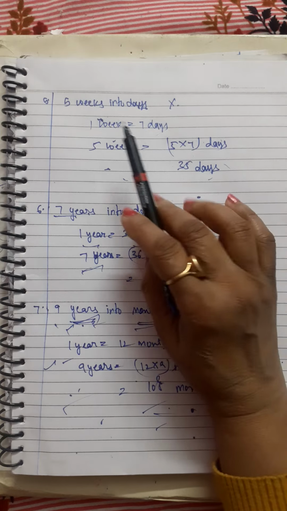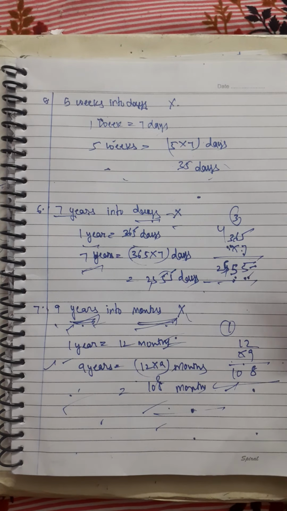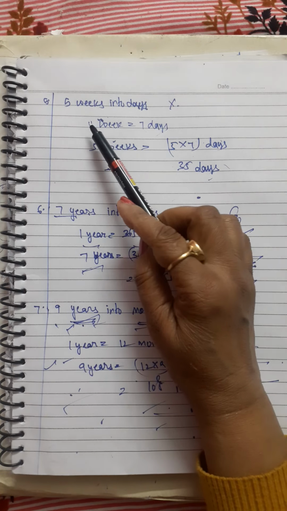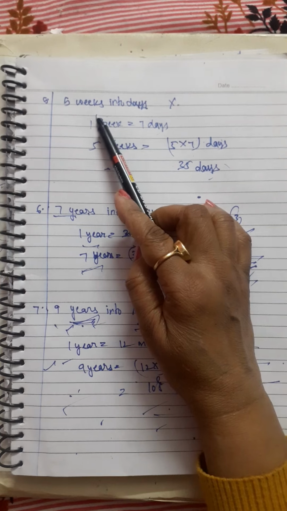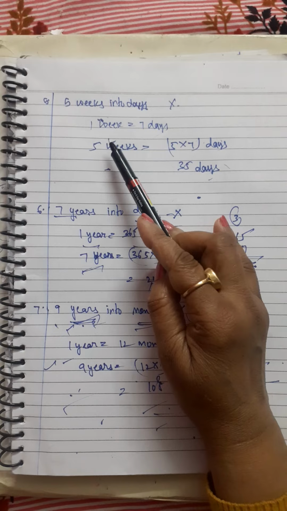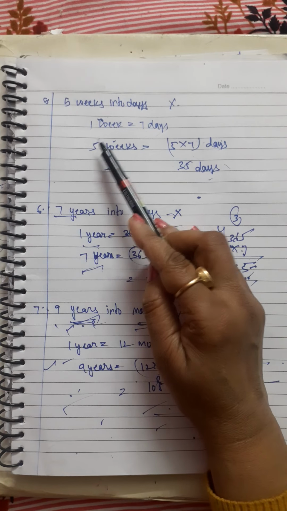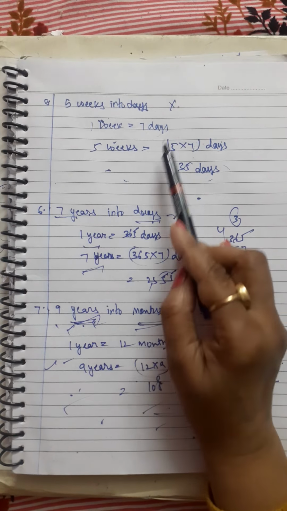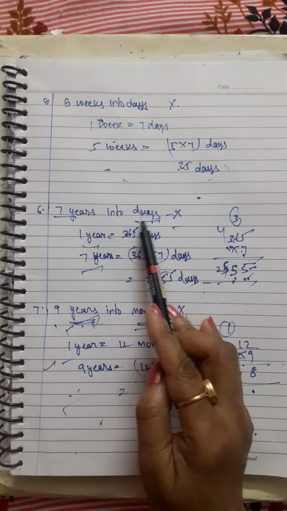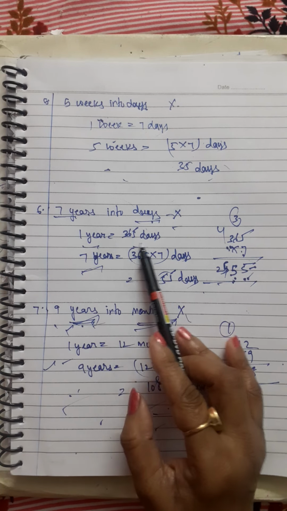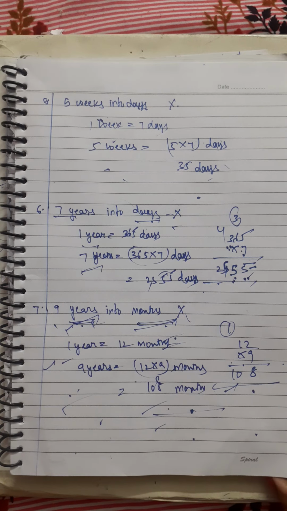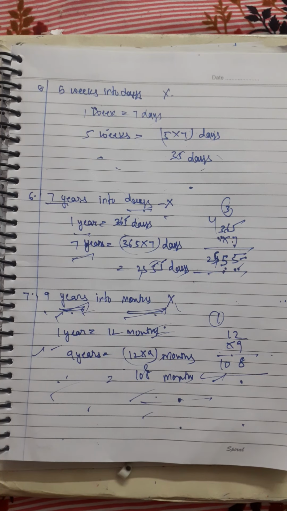Always remember that अगर आप bigger unit को smaller unit में change कर रहे हो, you have to do the multiplication. इसके अलावा आपको ये भी याद करना है कि how many, here we are converting weeks into days. Weeks is bigger unit, days smaller unit, multiply करना है. लेकिन ये भी पता होना चाहिए how many days are there in 1 week. We know that 1 week has 7 days. So 5 to be multiplied by 7. Here we are converting years into days. So ये हमें पता होना चाहिए how many days are there in 1 year. 1 year has 365 days. So 7 to be multiplied by 365. So in this way we can convert bigger unit into smaller unit.